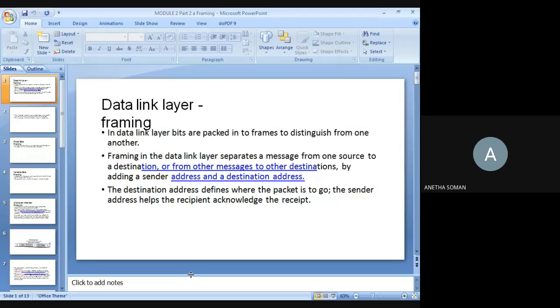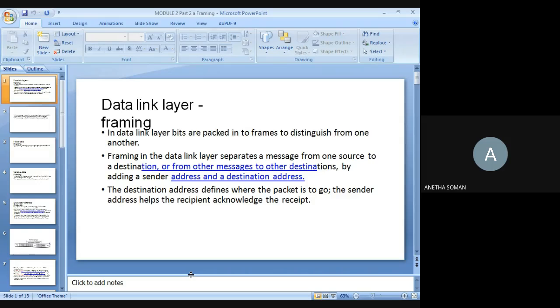This is a similar example of a postal system. What is the importance of the postal system? It is actually a type of framing. In a postal system, you write a letter and you put that letter into an envelope. Putting it in an envelope means you are separating your messages. You have an envelope, and you have a piece of information, so you are separating those two. Here the envelope is acting as the delimiter or the boundary.